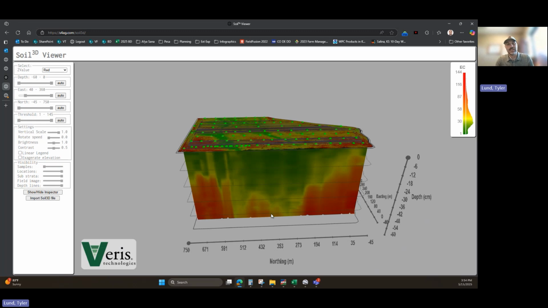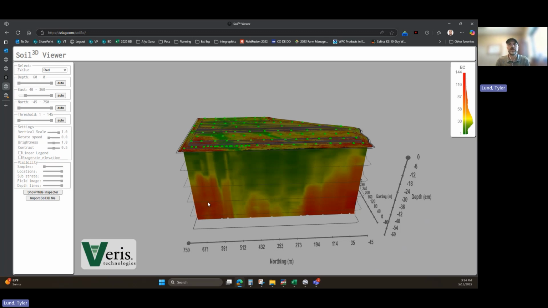So we can use this to set yield goals and seeding rates, but also, I mean, this is clay content. We're not going to be able to change the clay content, but we looked at some of the calcium numbers, and there might be some things we can do with gypsum because of the magnesium. We can do some things to flocculate that clay, get better infiltration, get more aeration,